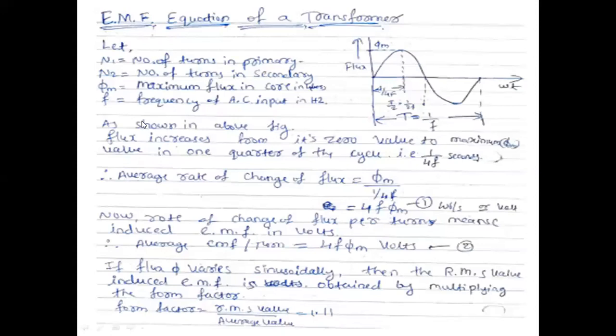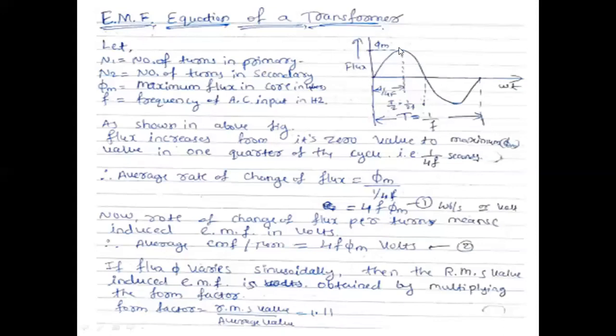Whatever frequency of input supply we provide to the primary, the same frequency we should expect and get in the output of the secondary winding. So considering the alternating current waveform, we are going to consider the flux waveform here. At the initial condition, after giving the supply, it is 0. Then by slightly increasing the supply, the flux linkage or flux will increase. At 0 time, the flux will be 0, and as I slightly increase the time, the flux will also increase.